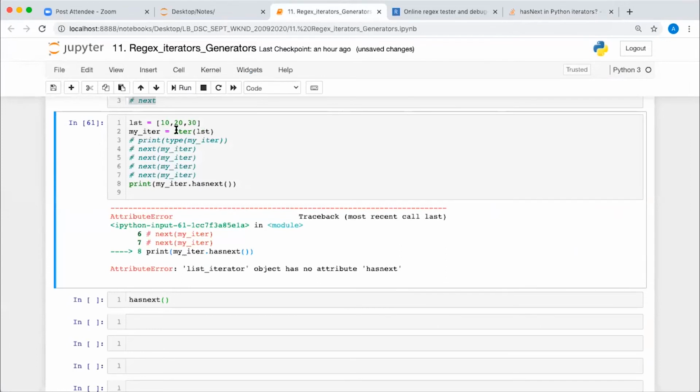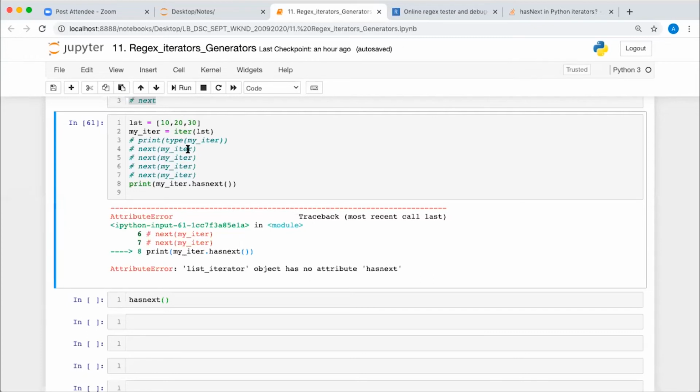So the pointer is at the starting, at 10, at the time we are assigning. The starting pointer I'm asking. The starting pointer will always be starting from 10 only. So if starting from 10, then immediately we have printed next of my_iter, right? Then it has to immediately go to 20, right? Then it's printing 10 by...